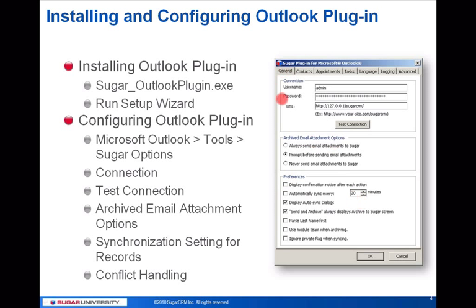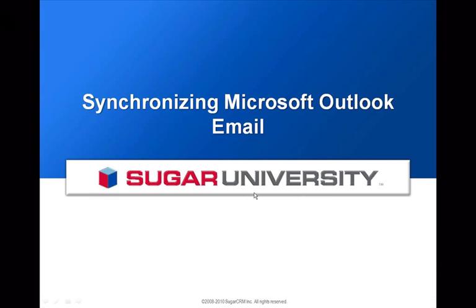A couple of the things that you can do on your Sugar Options page is you also can deal with conflict handling, and that's actually on the Contacts, Opportunities, and Tasks page, and we will go through that conflict handling a little later after we've discussed a few things about the Outlook plugin and how to do some syncing and archiving. Right? So once you have installed and configured your Outlook plugin, we're going to talk first about synchronizing your email